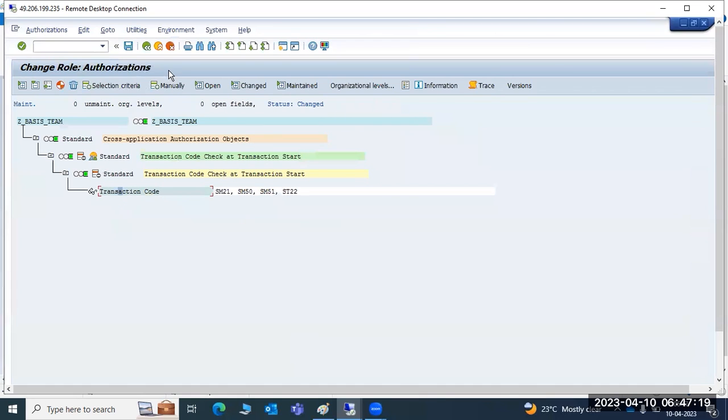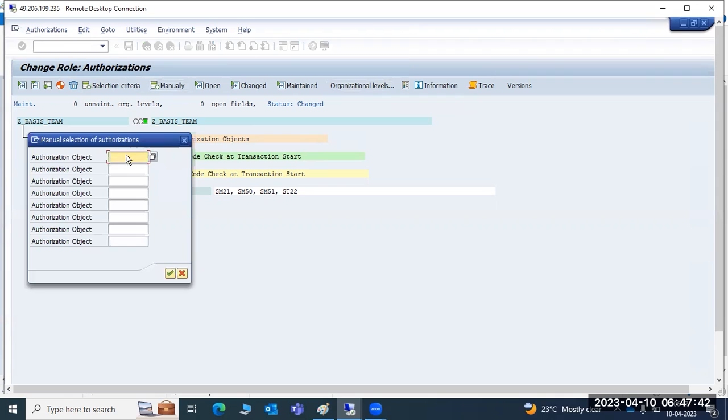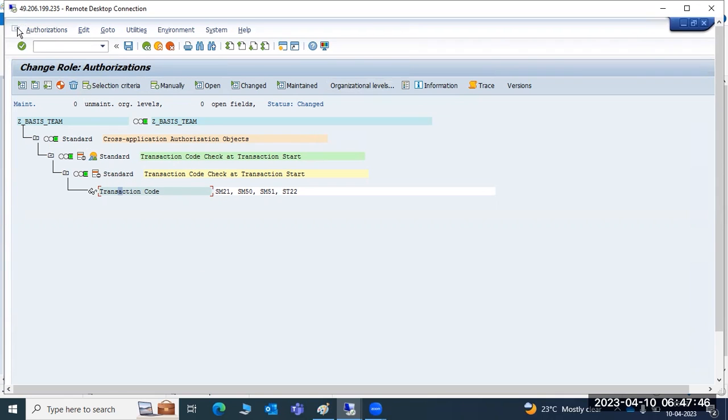Then how to find out these authorization objects? You will definitely get confused, guys, because this is an entire security topic. So I will tell you which level you have to remember. Here they will change the organization levels manually. We can put the authorization object. What is the authorization object here? Suppose if we go here,